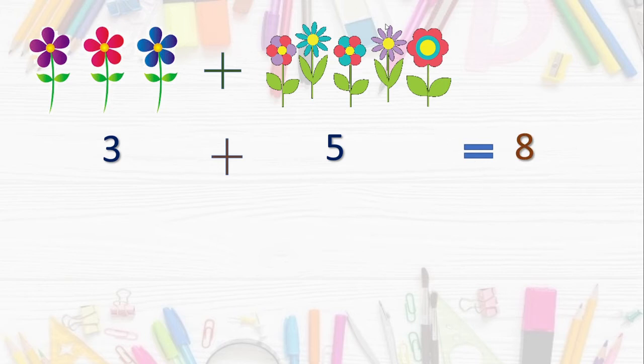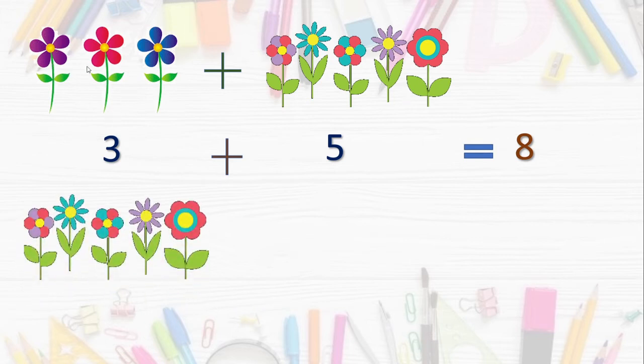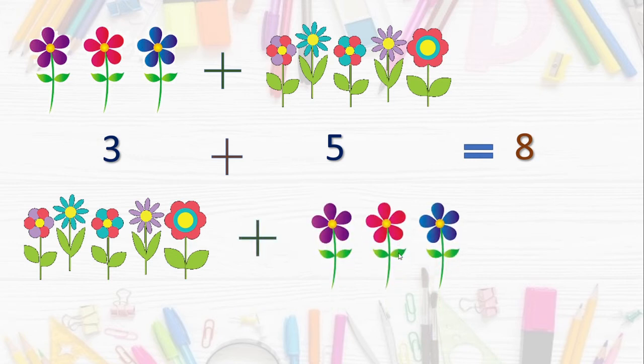Now I will take this bunch of flowers in the first place and these in the second place. See here. Now again we will count. Here how many flowers are there? 1, 2, 3, 4, 5. I will write 5 here. This plus sign and here 3 flowers. Come on children, tell me how many flowers together? Here this is 5, 6, 7 and 8. Or 5 plus 3. You can use your fingers for counting. Okay, 5 plus 3 are 8.